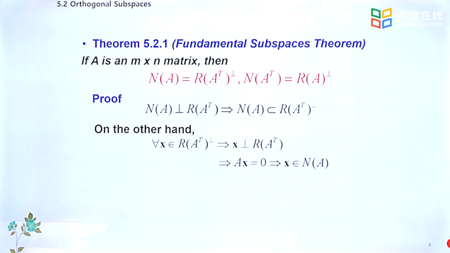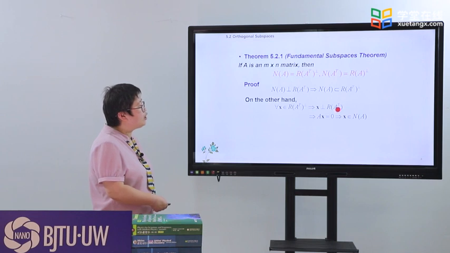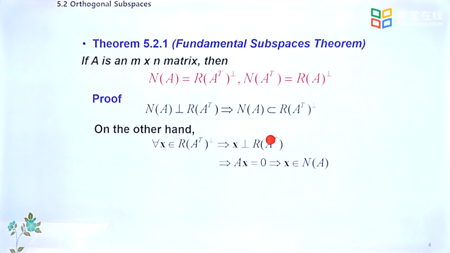Because x is orthogonal to the range of A transpose. That means for any vector in the range of A transpose, if you do the scalar product with x, it is 0, right? Then you can choose, for example, A transpose z. So x transpose times A transpose z equals 0